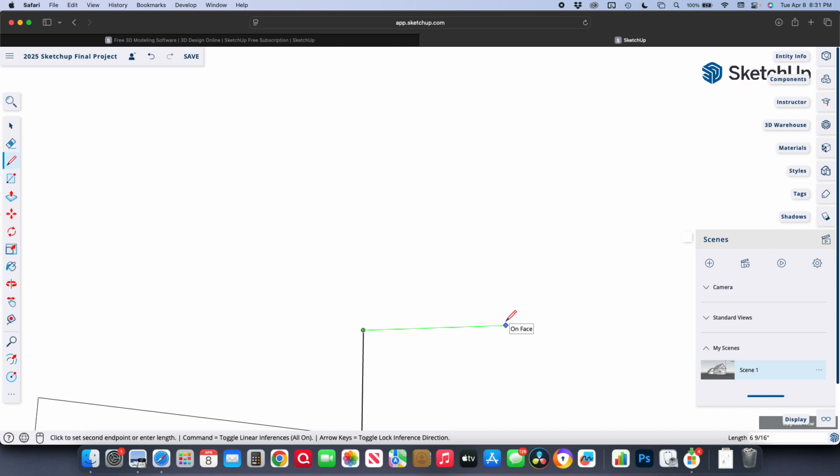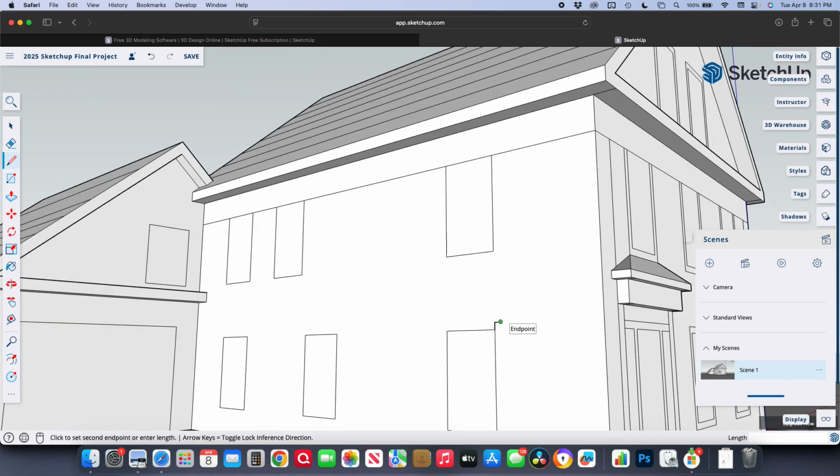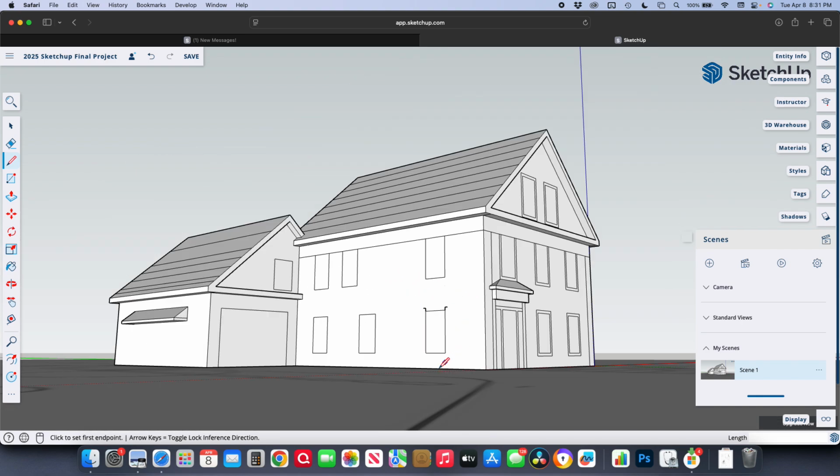4 inches over. Okay. Now once I have that, I'm going to do the same thing. I'm going to go 4 inches up and 4 inches over. And in theory, oh, I'm sorry, I have to go 4 inches down, 4 inches over. There is an easier way to do this, but it was getting pretty grumpy when I tried